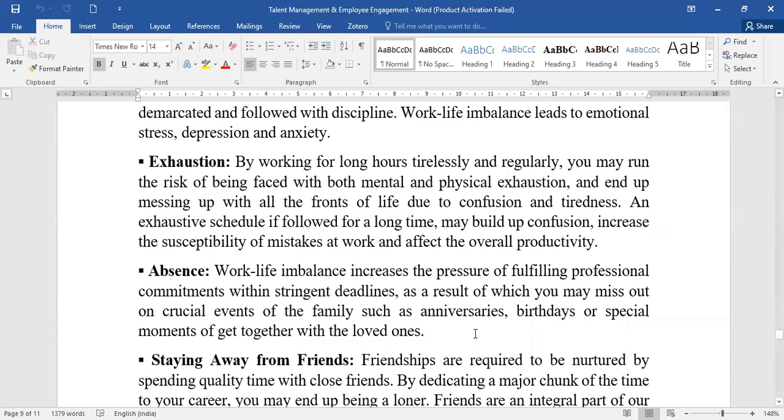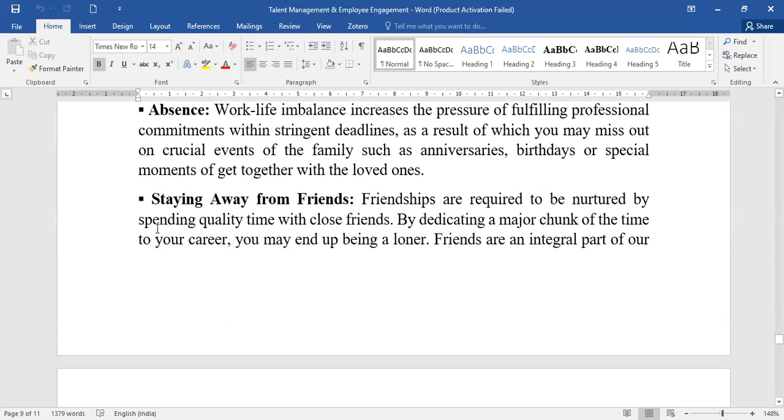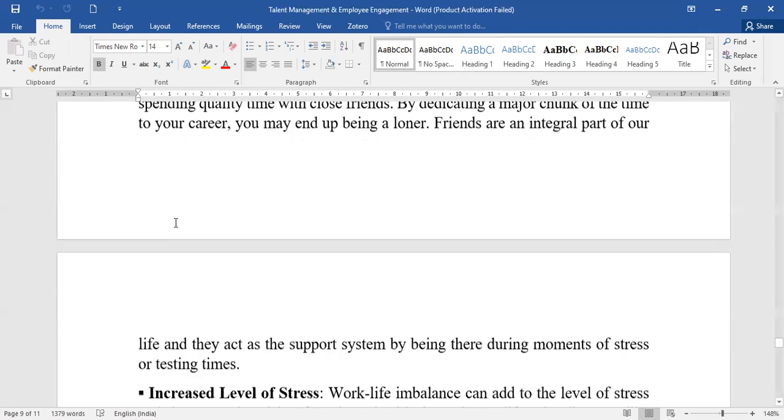Staying away from the friends, you can see that this particular part will definitely again have an impact on productivity, because their mind will not be refreshed. A small amount of get-together can definitely make a charm, but if that is also not possible, then that isolation and just working like a machine will tend to make a person lower in productivity.